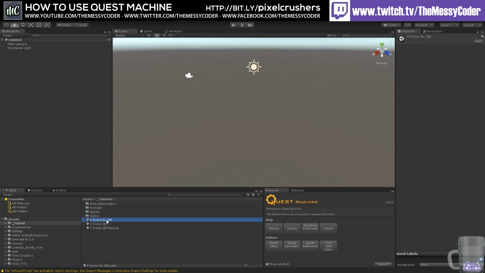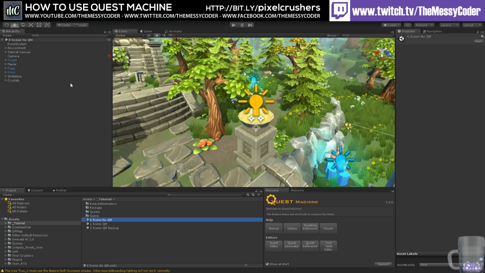Right. Well, we might as well take a look at Quest Machine first now. So opening up this zero scene. That one? Shall I load it? Yes. Okay. Let's open that up. That scene does not have Quest Machine in it, and this scene just demonstrates the baseline that we're starting with